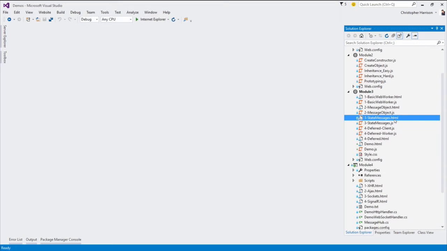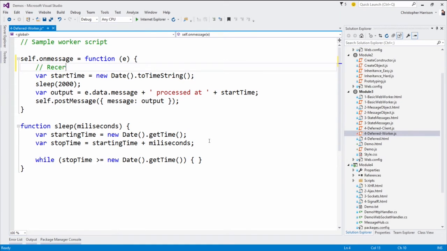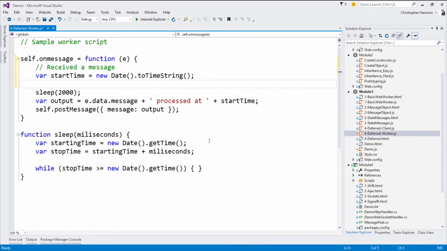And I'm actually just going to skip to the end here and open up the existing code, just because there's going to be a fair amount of it. So I think it's going to be a bit easier if we walk through everything step by step. So let me start with the worker here. This is going to be my very simple little worker script. What you're going to notice is, just like before, self on message. So, hey, we received a message. And then we're going to grab whatever the start time is,